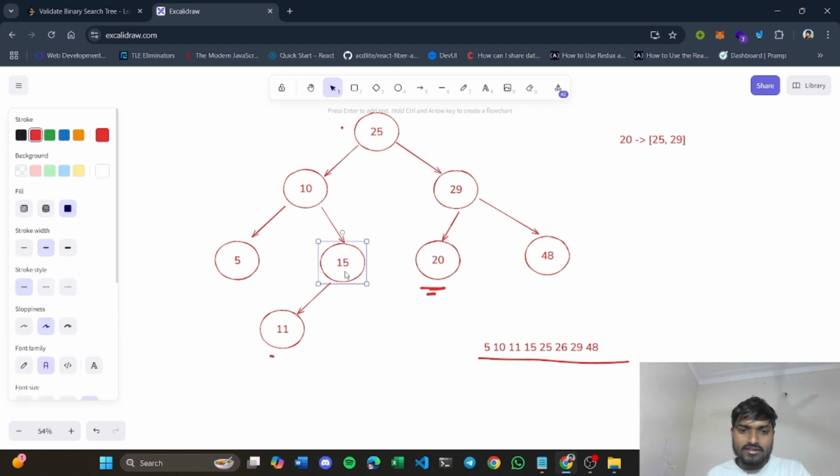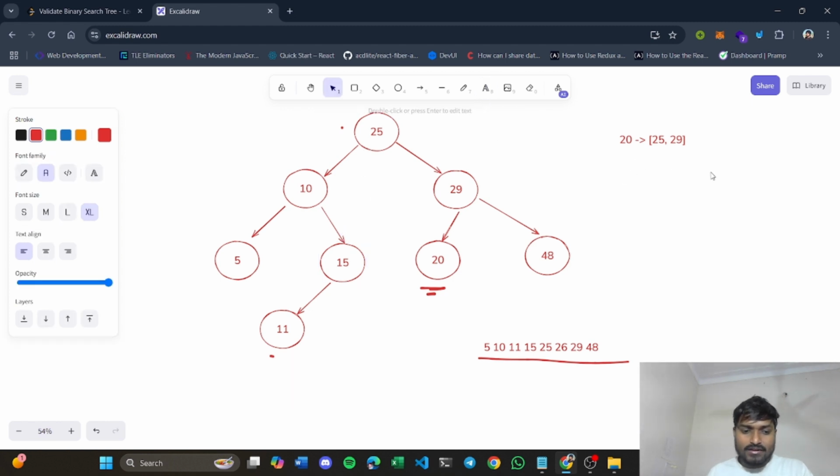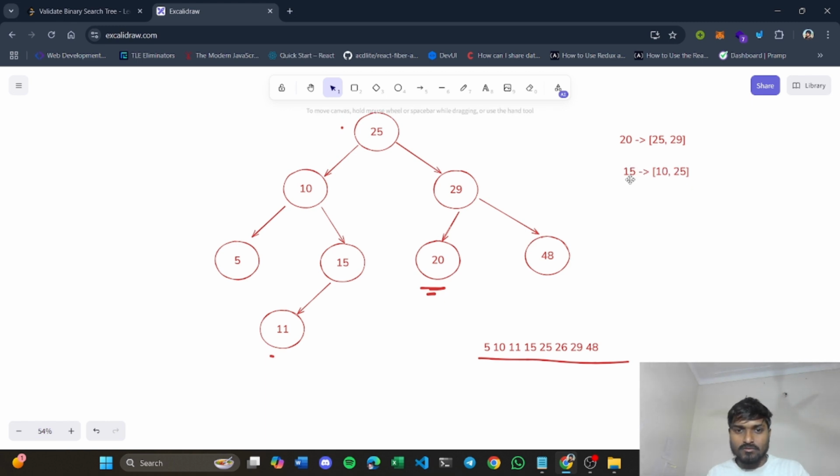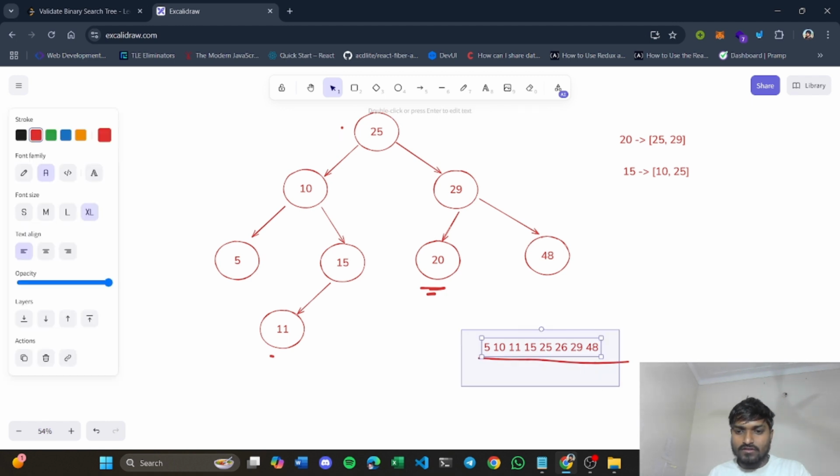Similarly for this 15, it should be greater than 10 but smaller than 25. So for each node we can provide this range, right? So this is another approach for solving this problem. So let's see how we will solve this.